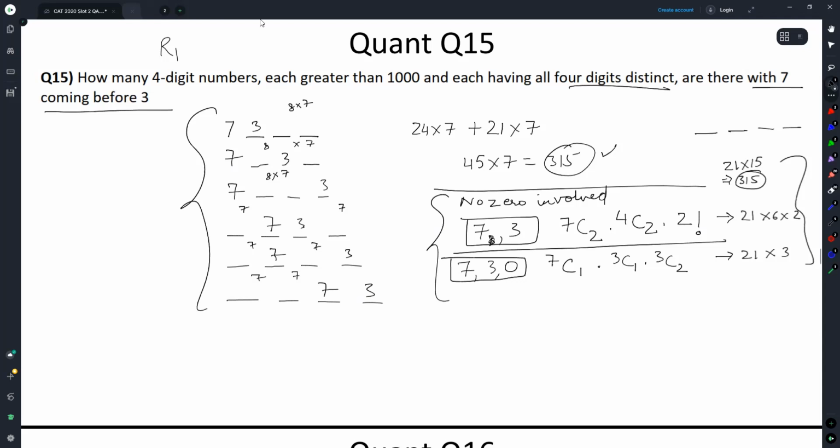if you want to count it down, every individual case where 7 is in front of 3 and then make 6 cases, that is also possible, which is also a beautiful characteristic of CAT PNC. They rarely ever give you very large questions in which you have to make tons of cases. You have to be very careful with the cases that you make, but they rarely ever give you in which lots of cases have to be considered or very minute cases have to be taken care of. As long as you know basic of PNC, your CAT PNC will be handled.